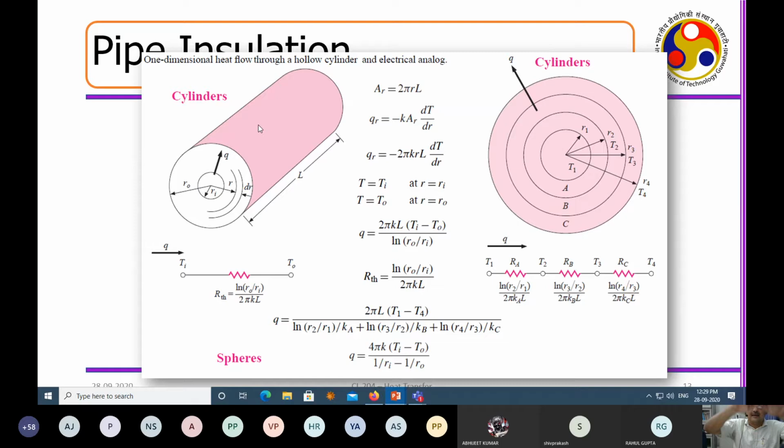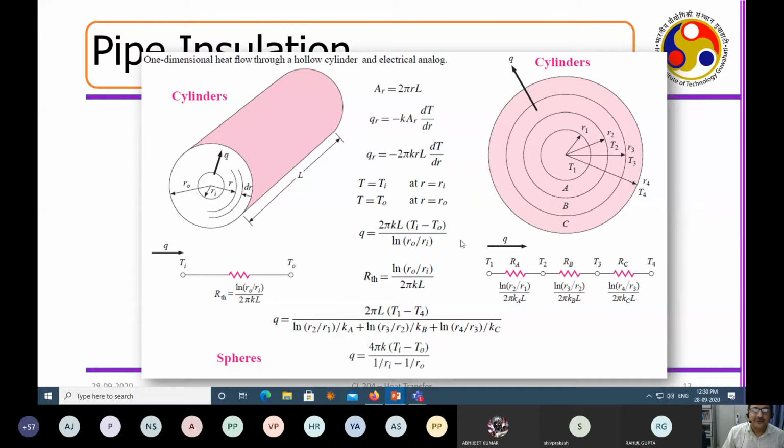But since heat transfer happens only, I'm assuming there is a fluid flow and it's an infinite cylinder. Okay, so my area allowed for heat transfer is the circumferential area, and through that, what is the area through which the heat is getting transported? That is 2 pi RL. Okay, this heat flux is normal to this area 2 pi RL. So the moment I replace this with 2 pi RL, there is a dependence of dr and 2 pi RL, which leads to a log.